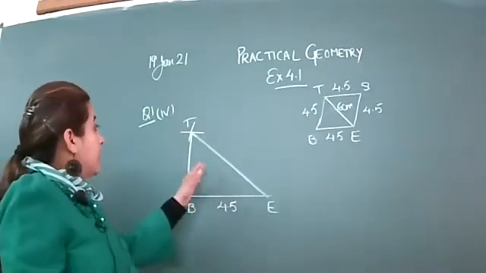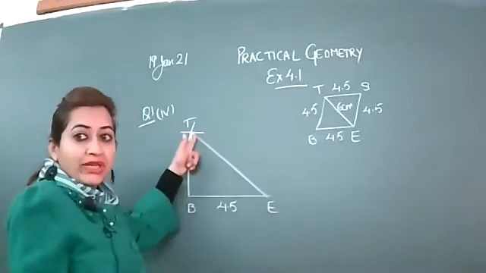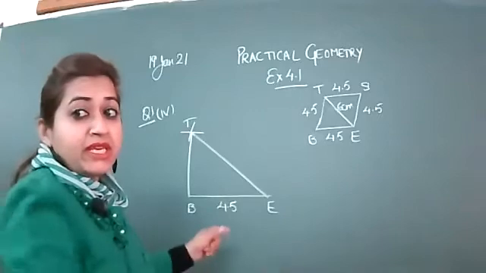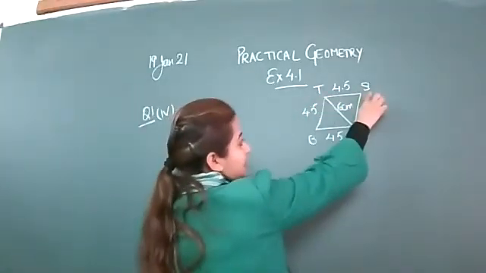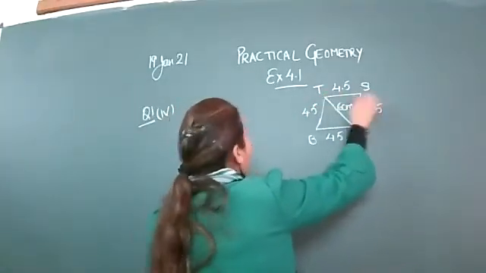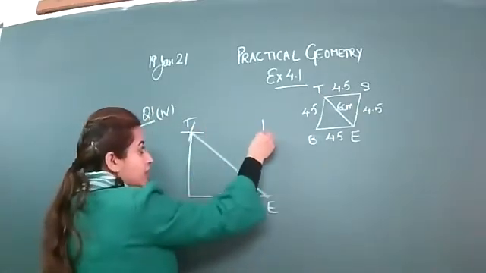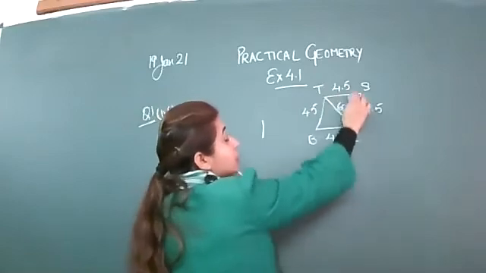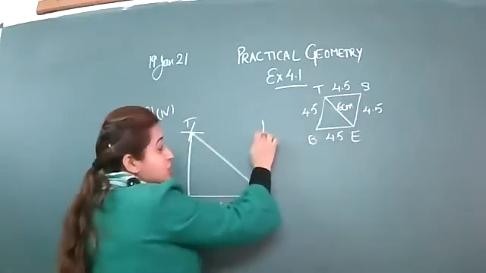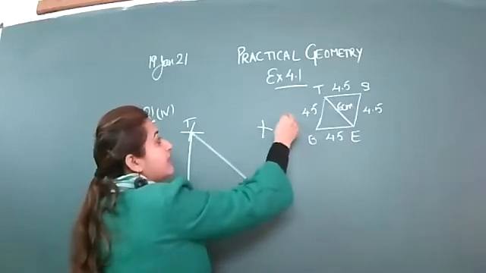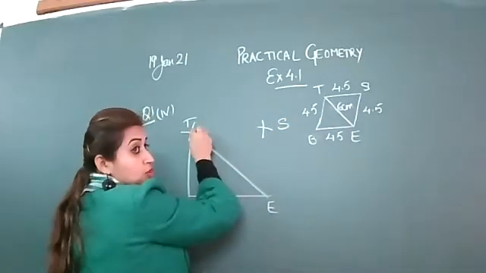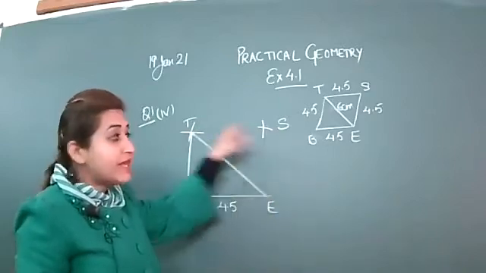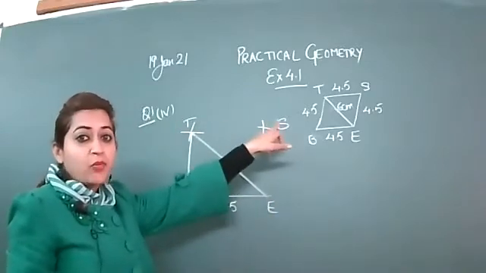Now, beta, we have got the point T. As you can see, from T we are having this line TS. So from T, you will put an arc of 4.5. And from E, you will put an arc of 4.5, which cuts this previous arc, and give it the name S. So first arc we have put from T, and another arc we have drawn from E, and both are intersecting at the point S.